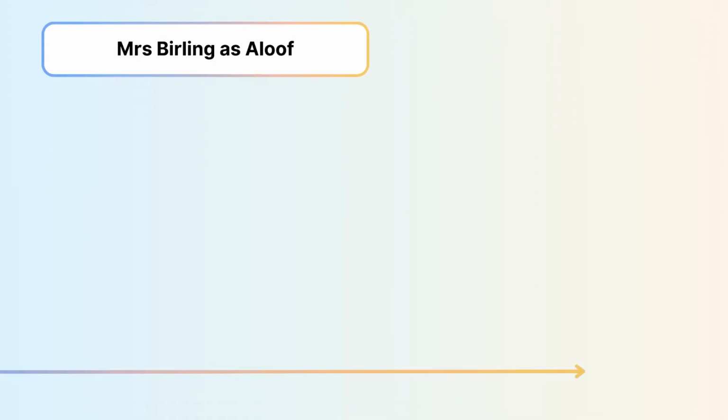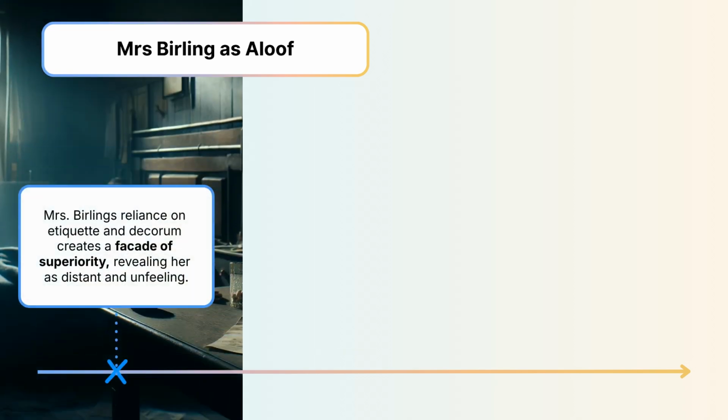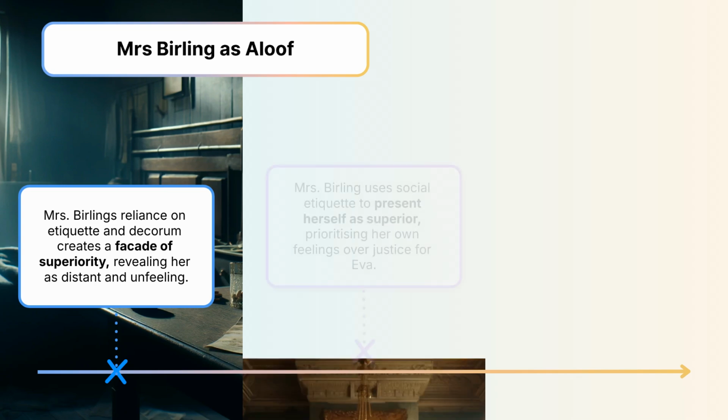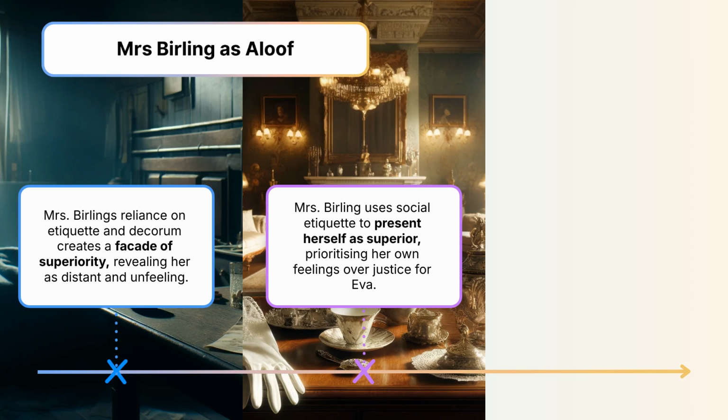To summarise, in today's lesson, we explored the character of Mrs Birling from An Inspector Calls, focusing on her aloof attitude. We examined how her reliance on etiquette and decorum creates a facade of superiority, revealing her as distant and unfeeling. Her repeated contempt for the lower class, as shown in her dismissive remarks about Eva Smith, highlights her lack of empathy. Additionally, we saw how Mrs Birling uses social etiquette to present herself as superior, prioritizing her own feelings